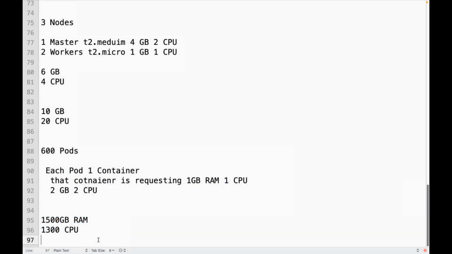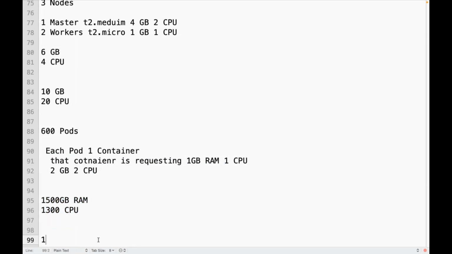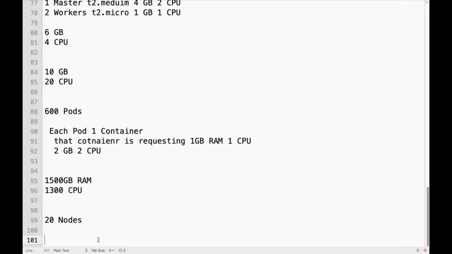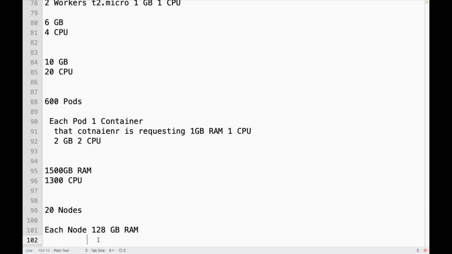In that case, can I go with maybe 10 nodes or 20 nodes, each node with 128 GB RAM, and each node having maybe a 64 core or 128 core processor, whatever.